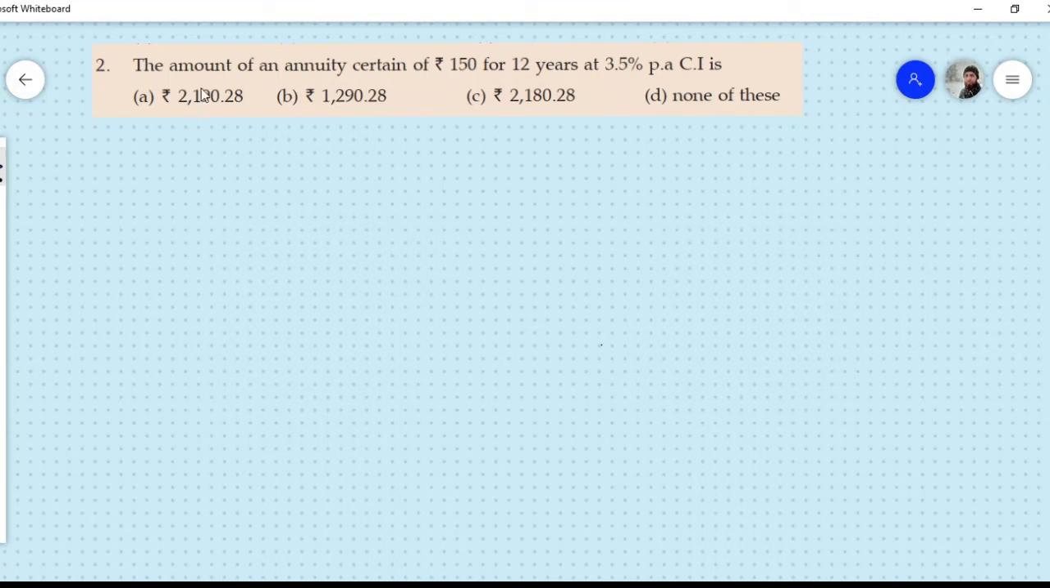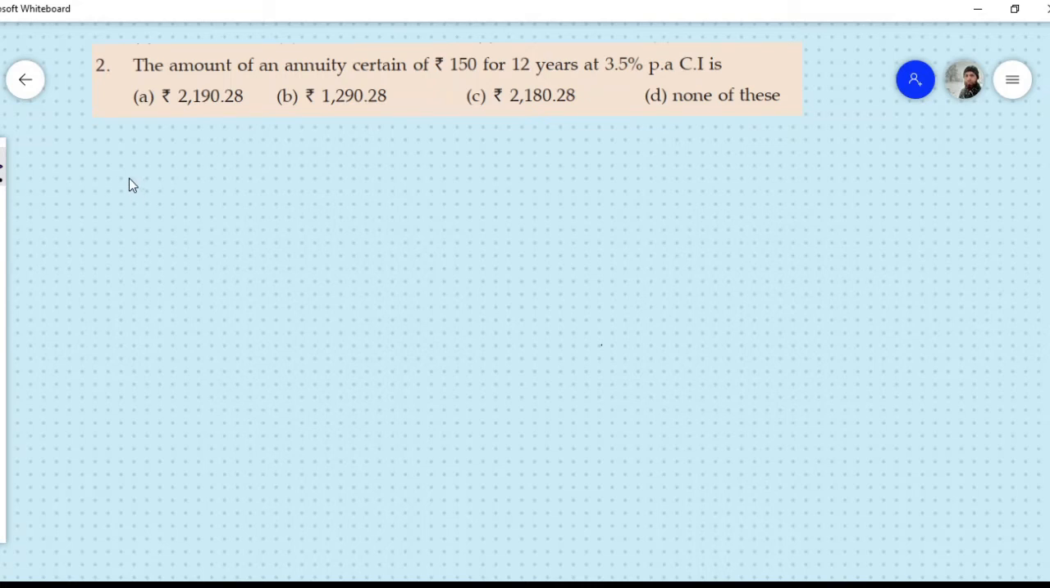Question number 2. The amount of an annuity certain of rupees 150 for 12 years at 3.5% per annum compound interest is. That is, he is talking about the future value of the amount, because he says annuity certain of rupees 150 for 12 years. So we have to calculate the future value. And what type of annuity is this? It is simply an ordinary annuity,